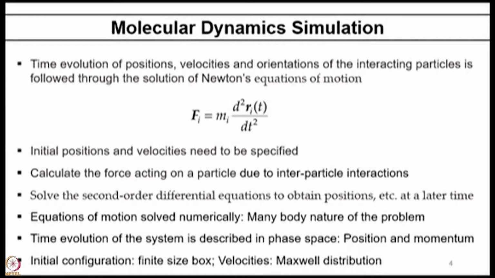The difference here is that you have a large number of degrees of freedom. Even if you have 1,000 argon atoms, then we have these 3,000 position coordinates and 3,000 momentum coordinates,